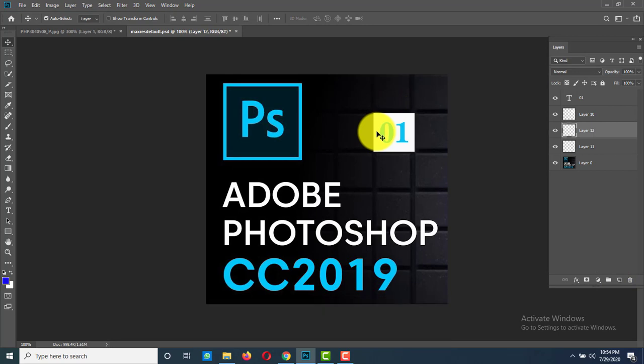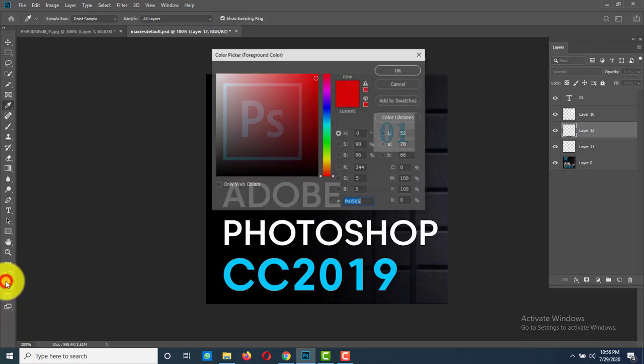Now coming to the toolbar, first we will see how to change the background color and foreground color. On the bottom of the toolbar, you can find two color boxes. One is the foreground color and one is the background color. The foreground color is used to paint, fill and apply strokes, and the background color is used to fill the erased areas. Both colors are used to create gradient fills, but the foreground and background colors can be set using the eyedropper tool, or from the color palette or swatches palette, or from Adobe Color Picker. Just click on this color box to change the color.